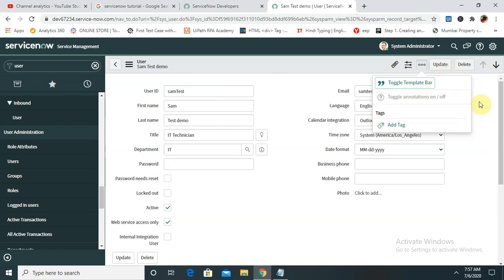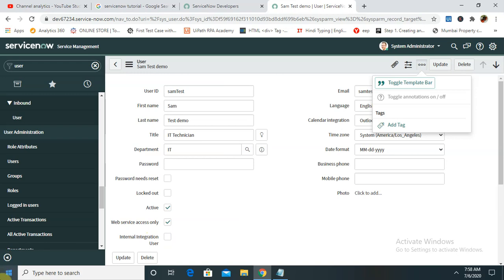If you want to update any detail, you can just click on this and update. If you want to delete this user credential, just click on delete. That user will be deleted from your system. So by this way we can create, update, and delete the account as well. So this is all about how to create a new user with system administrator login credential.